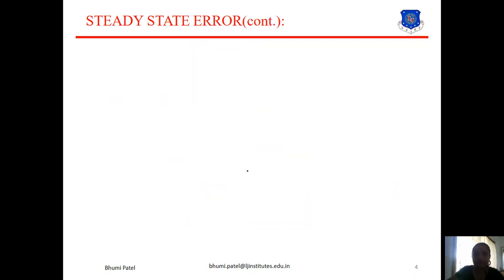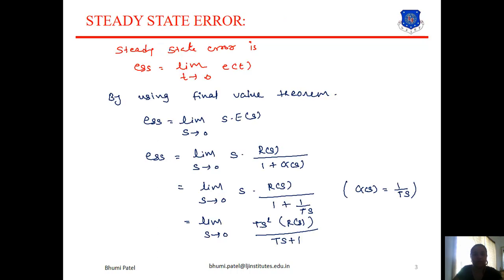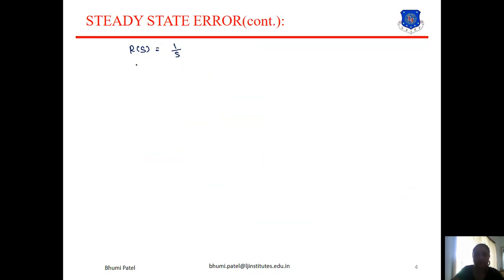Now, if we consider the unit step input, so R of s is equal to 1 by s, put the value of R of s in this equation, we can get ESS is equal to limit s tends to 0,